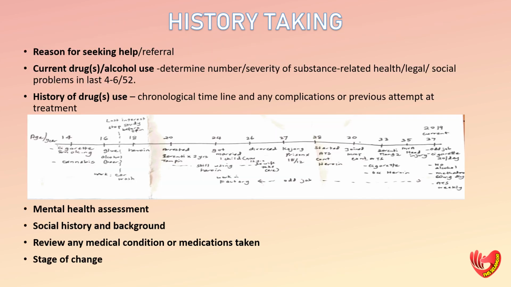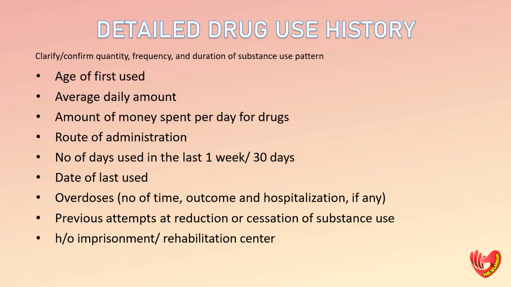The most important part is history taking. History taking should involve a detailed history of current and previous drug use, social and medical history, as well as a mental health assessment to determine the current stage of change. As seen in this graphic, a line is drawn as a symbolic timeline for history according to the patient's age. When we mention detailed drug use history, you must always confirm the quantity, the frequency, and the duration